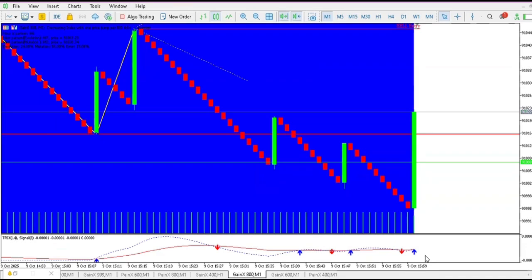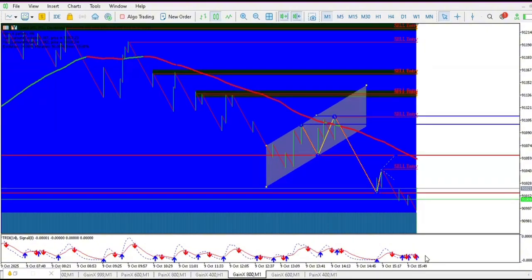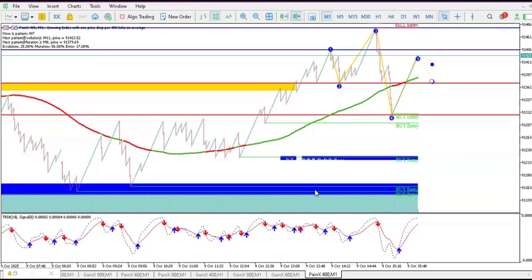So in the event that you want to catch spikes, avoid trying to catch spikes on this turning point. Wait for a very good setup, for a very good confirmation before you do anything. Once you have received a very good confirmation, and once this line turns green, that is when you can start to catch spikes when the market is now going up. So in the event that you want to trade the pain indices, for now, I prefer trading spikes because as you can see now, you have to confirm with a lot of